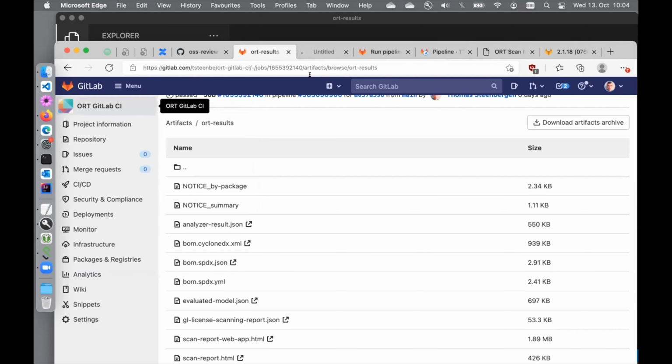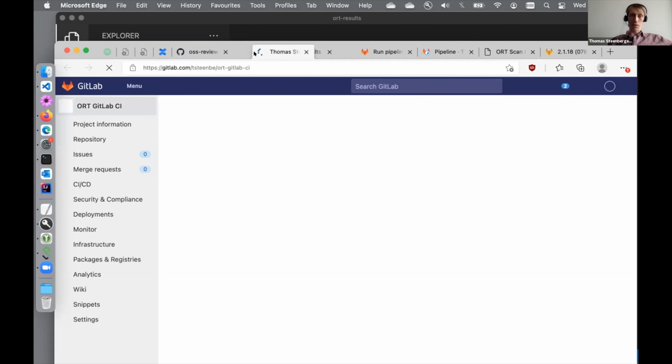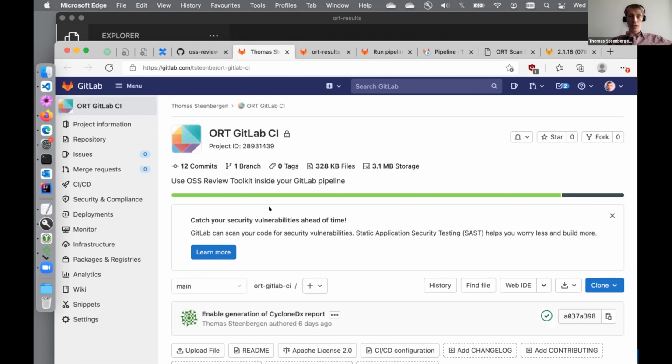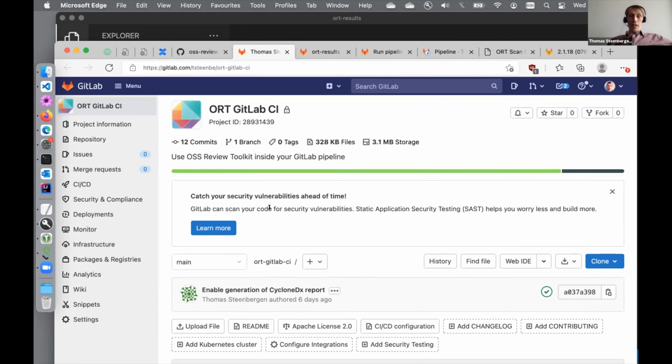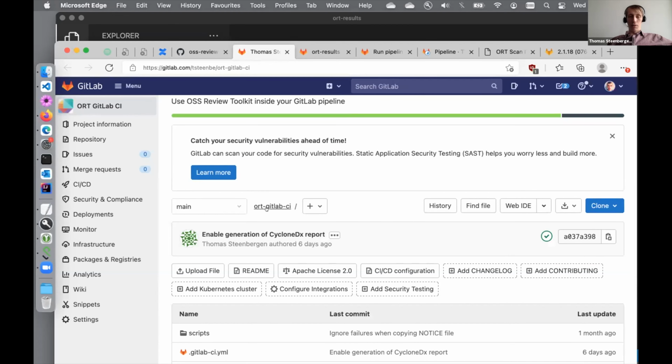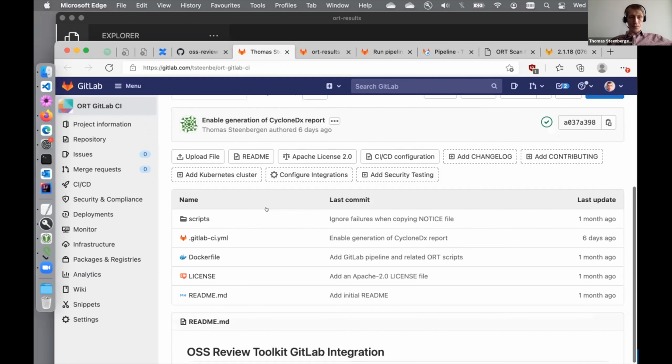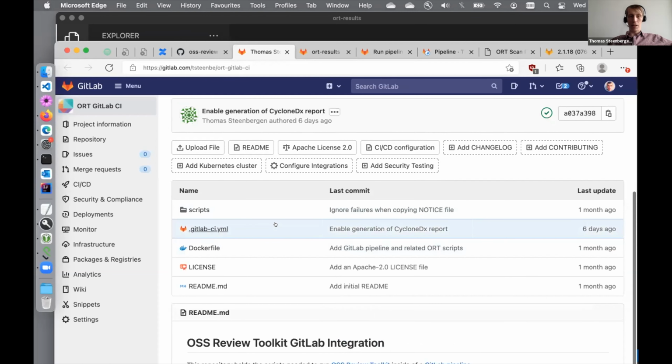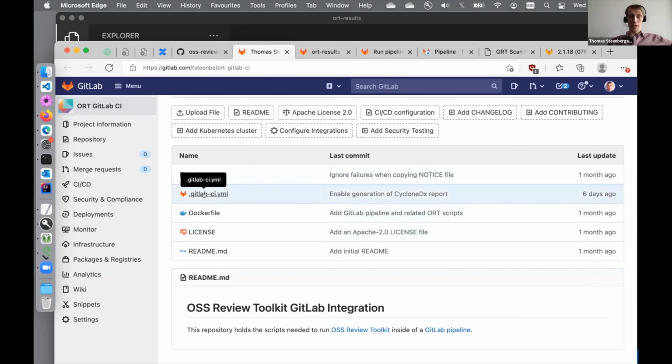It will be open source, but it's not yet public. We're currently doing beta testing and making sure that everything works. The idea is that you just need a gitlab.com account and you will be able to start scans. So for the people not familiar with GitLab, in GitLab you add something called a GitLab ci.yml file to your project,